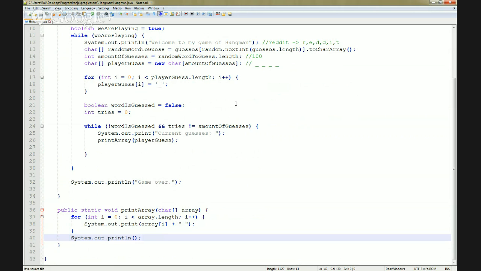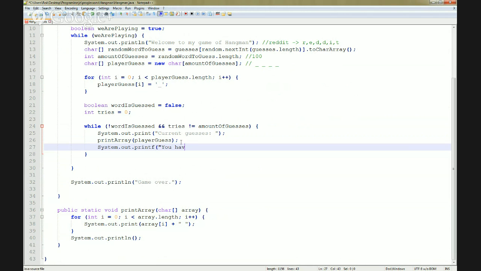Okay, and what we do now, we can system.out.printf you have tries. Okay, and this is just a helpful output to the player to see how many tries he has left,